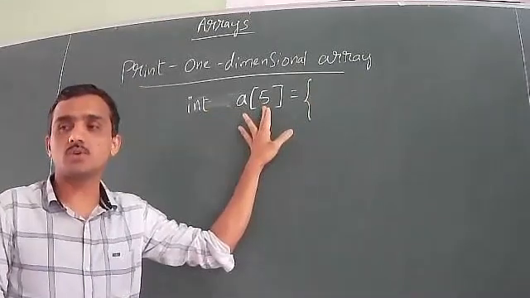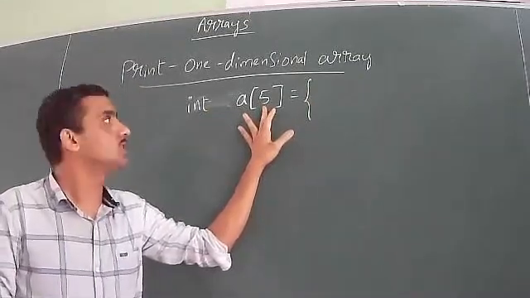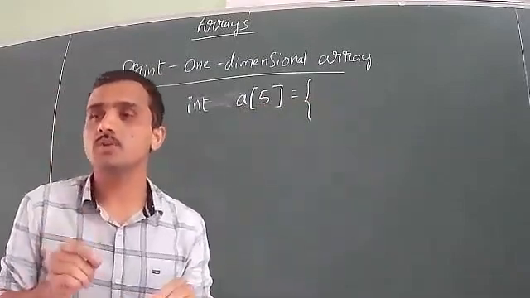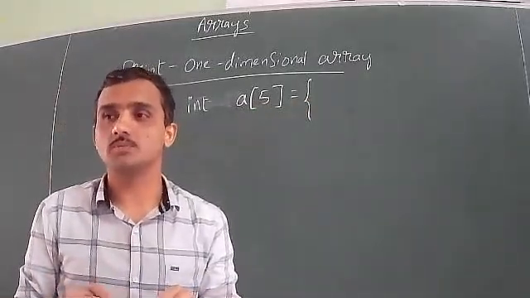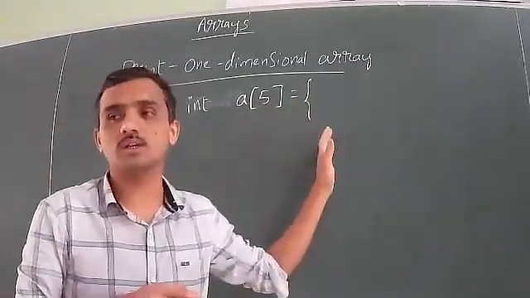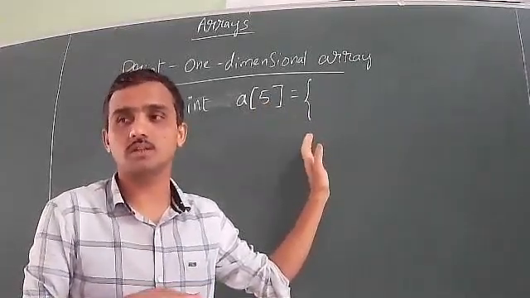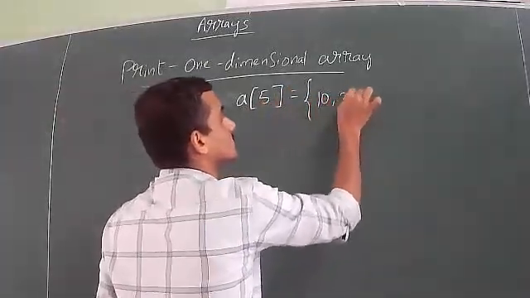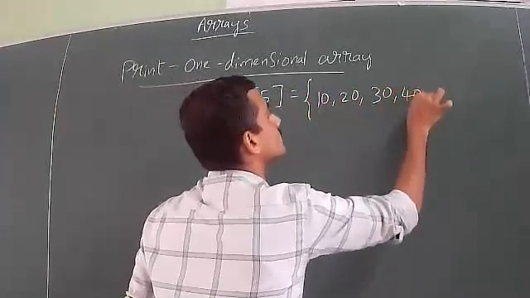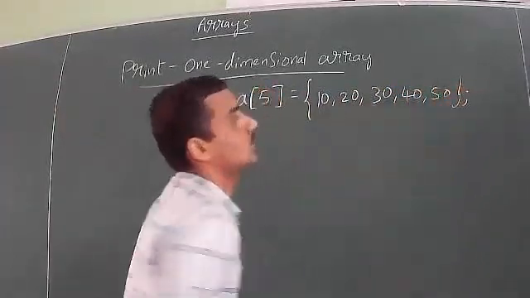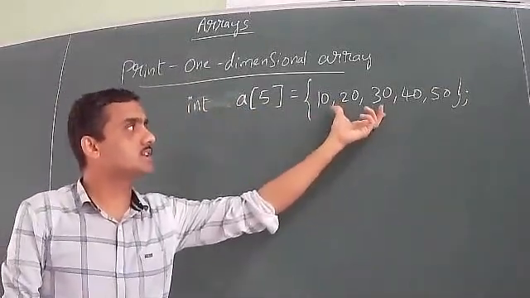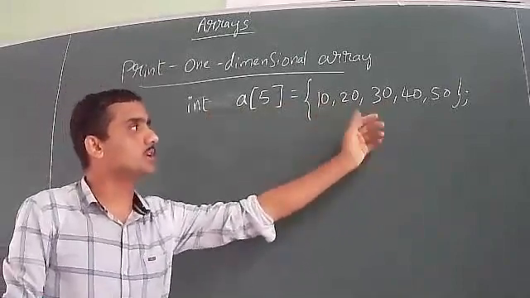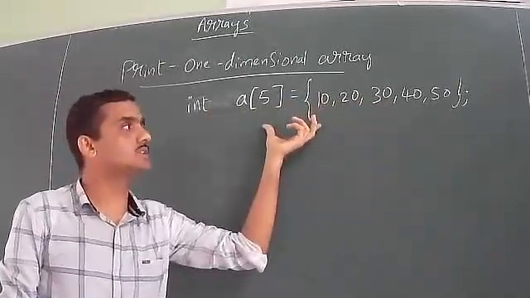Within the brackets, what to write is the size of the array. Depending on the size, you have to initialize the values of the array. With the cin statement we can give the values, but let us discuss that later, because first we will see how to initialize the values of an array and how to display those values on the screen by using the cout statement. So we can take the values like this. You have to put them in braces, and consider the values of type integer. Each value should be separated by a comma. In this way we can initialize the values of an array.